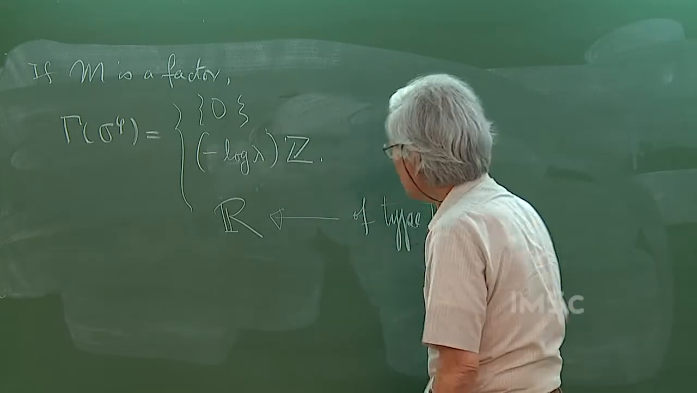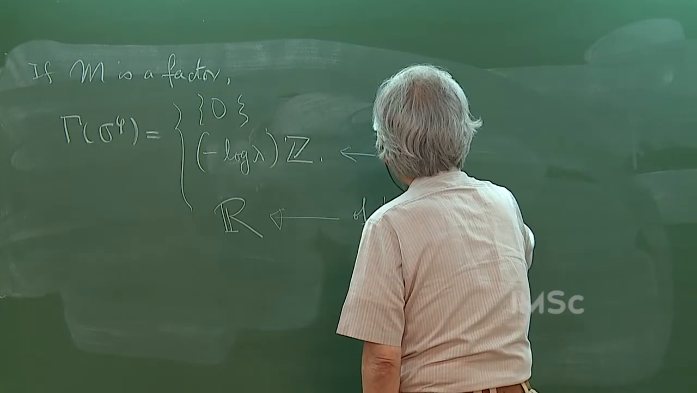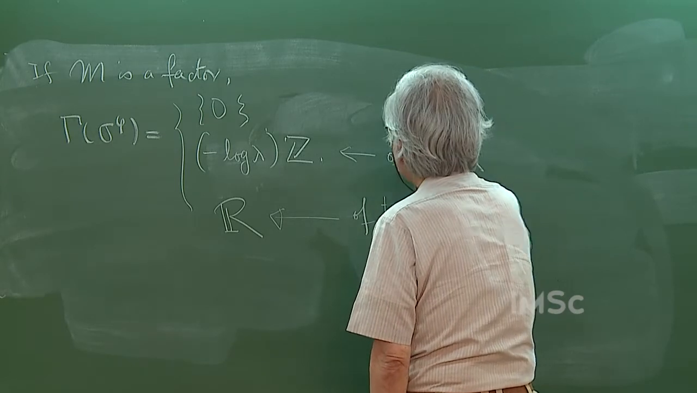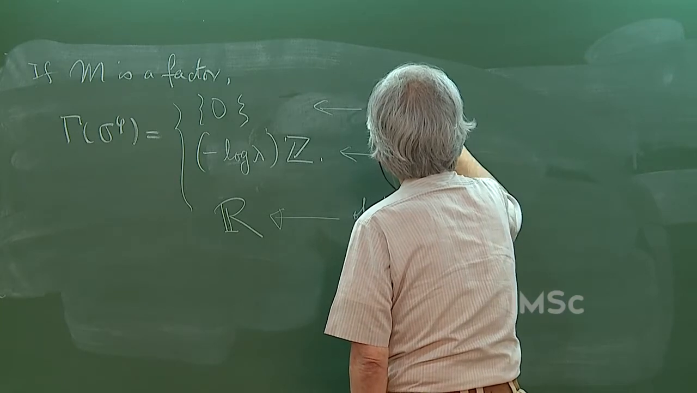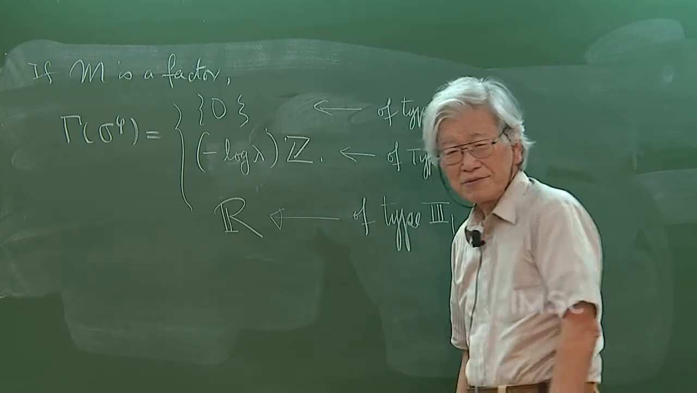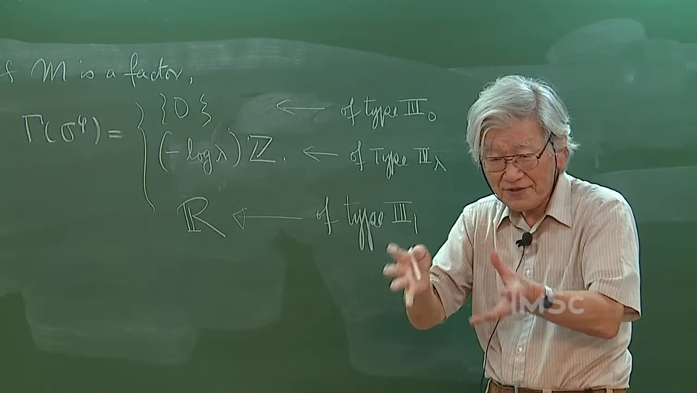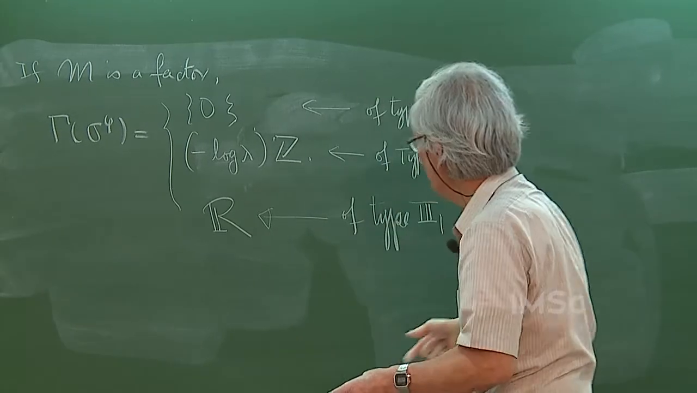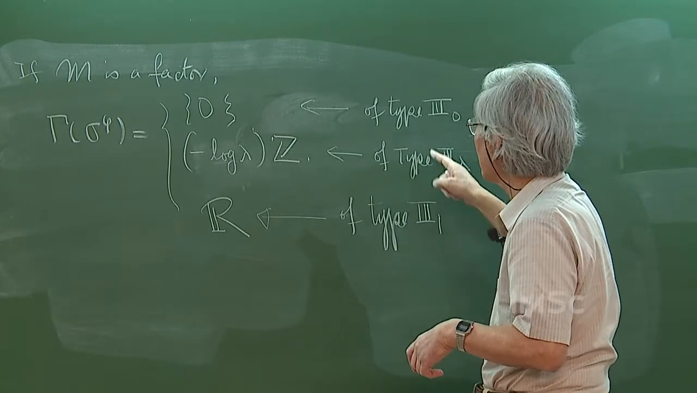Okay. This is type 3 lambda. This is of type 3-0. That's the new classification, subdivision of type 3 factors into those of type 3-1, type 3 lambda, type 3-0. Now,